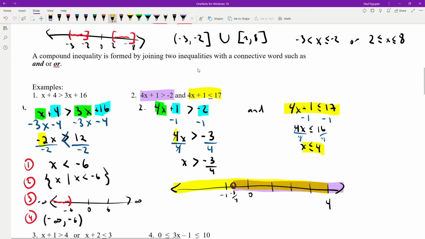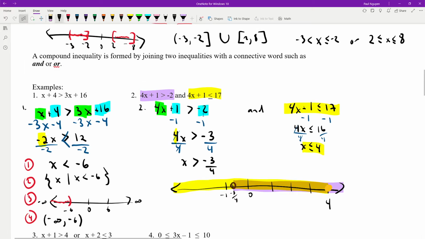And I want to include the 4 here. So I'm going to fill that one in. Because this is an and, I want the overlap. I want everything that is in both. So I look at this sort of darker region here in the middle, and I start from the left of